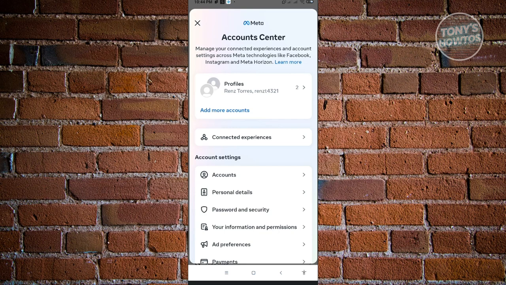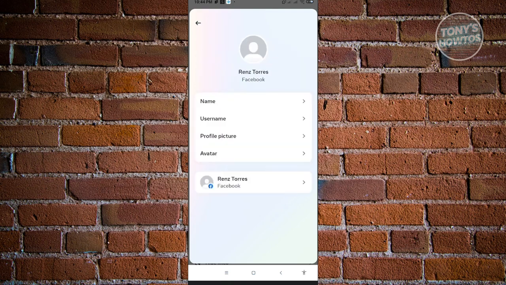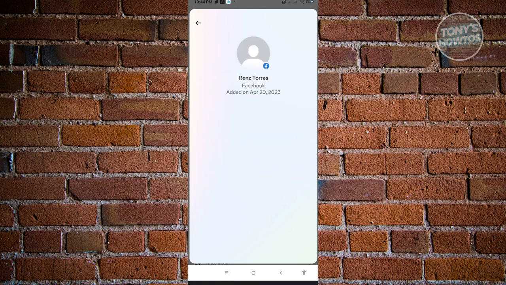So previously, we could actually remove your Facebook account from Instagram by going to profiles and by just going to the account that you want to remove here. So for example, if you want to remove your Facebook account, you just need to click on the Facebook account here, and from here you'll be able to actually remove your account. But as of the moment right now, you'll see there's no option for us to actually remove our account here